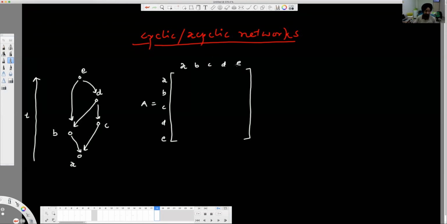See, if I make this edge, I reverse this edge, I make it like this. Okay, from B to E, it becomes, there is a cycle, right? From E to D, D to B, and B to E. But that's wrong. Why? I can't make such an edge. Never. Anybody, why?